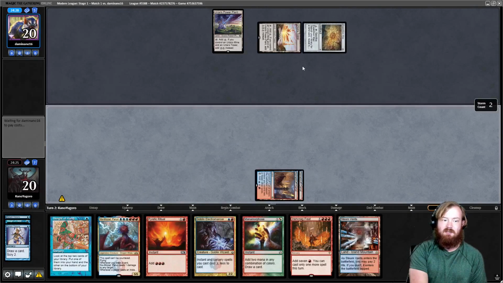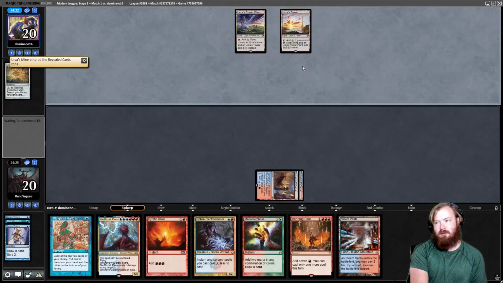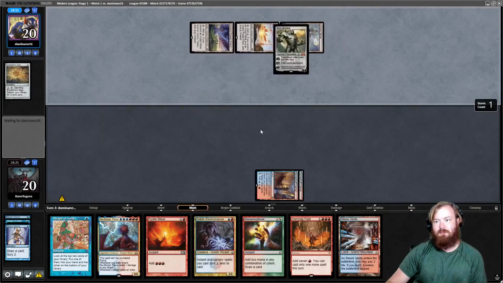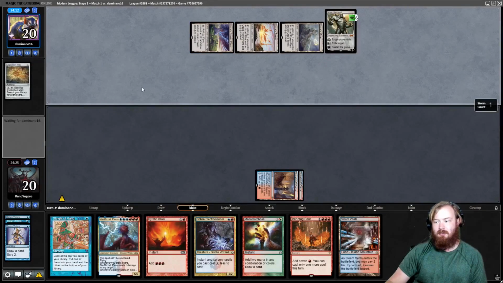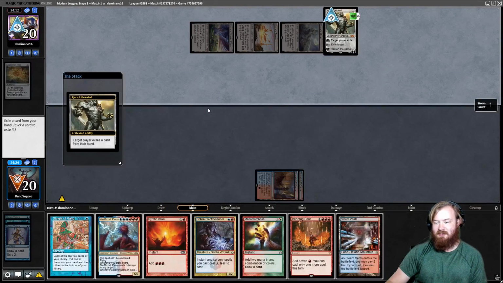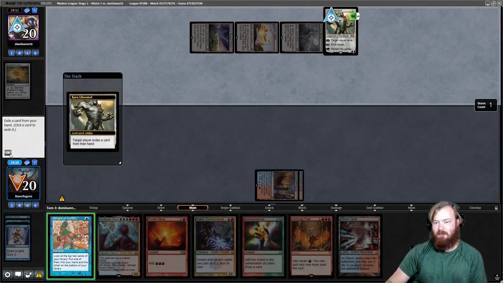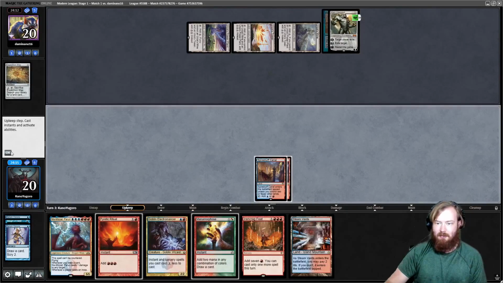Hopefully my opponent doesn't have Tron into Karn. They get an Urza's Mine. Untap. They play Urza's Mine. Karn liberated. They're going to make us exile a card from our hand? I don't know if that's right. We'll give them Sleight of Hand. We untap, draw